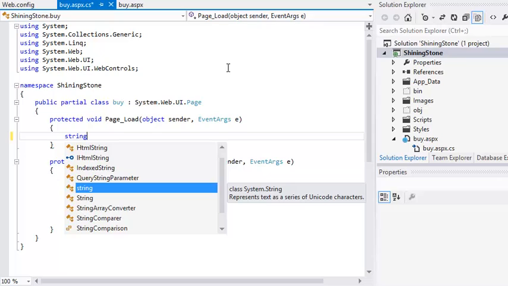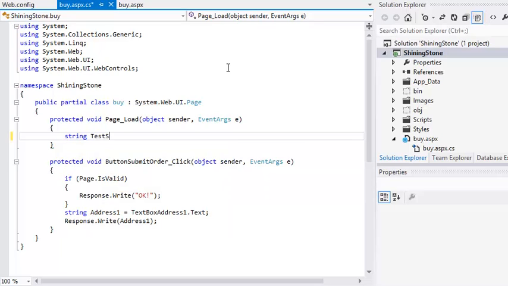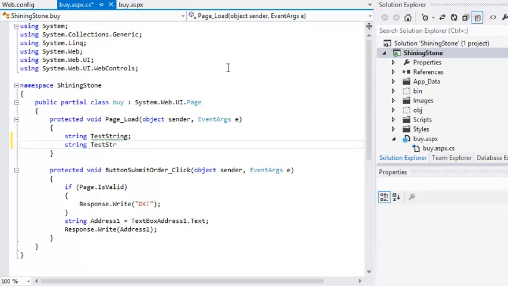Now, you could create a string variable without a value by typing something like string test string. You might expect this to be exactly the same as string test string equals and an empty set of quotes. But this is actually completely different. The first example would create a string with a null value, while the second would create an empty string. You'll learn more about null in lesson 5.12. Now remove all of the code from the page load event handler,